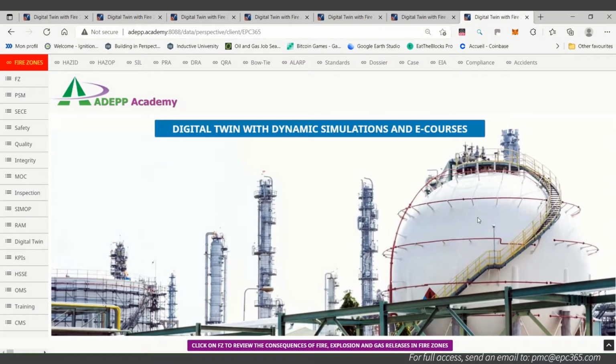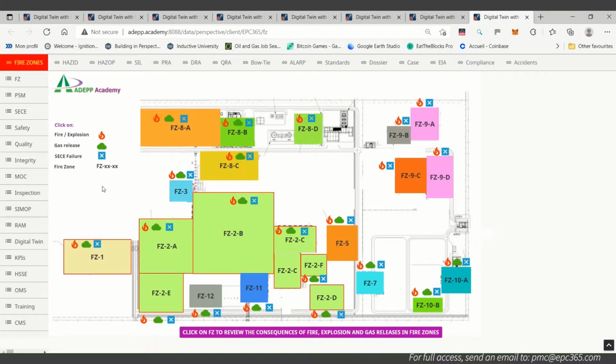The dashboard of the digital twin with dynamic simulations and e-courses for your installation or for your projects will be a page like this. I start with the fire zones. In fact, we divide the installation into different fire zones, whether you have it or we do it for you. And each fire zone will be shown like this. On the top there are the fire and explosion icon, the gas release, toxic or flammable, and this is a failure of the safety and environmental critical